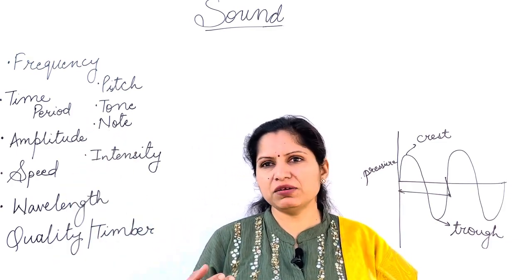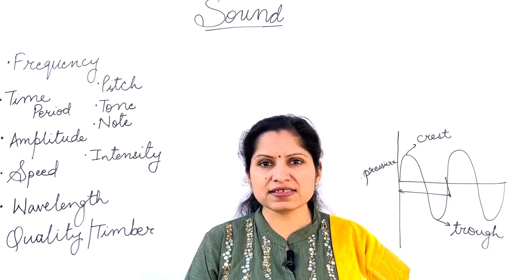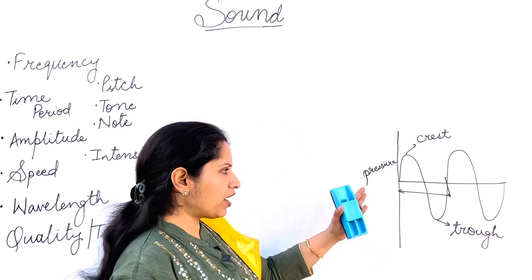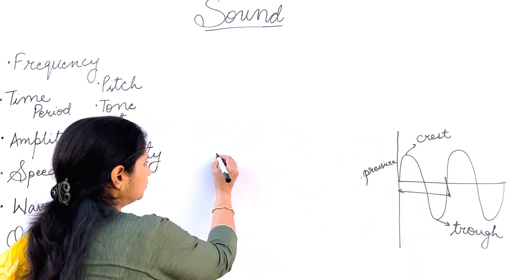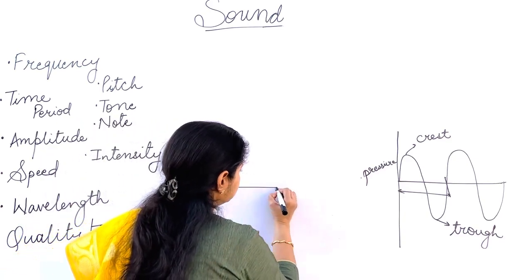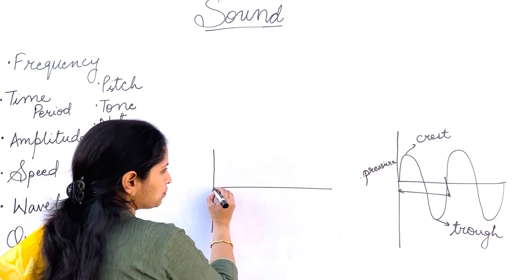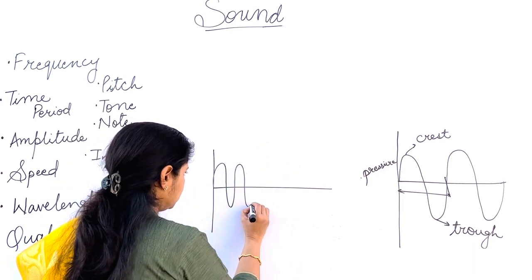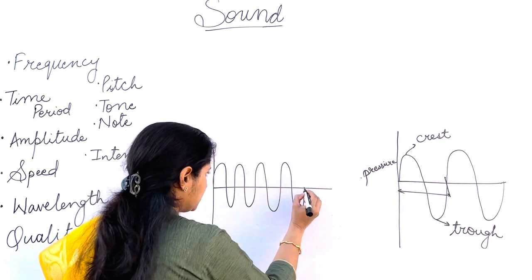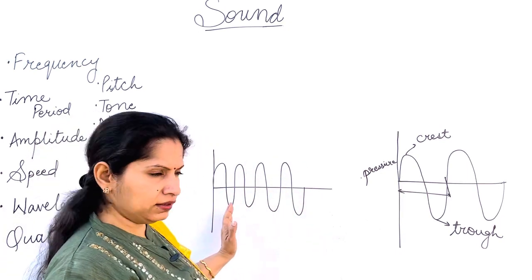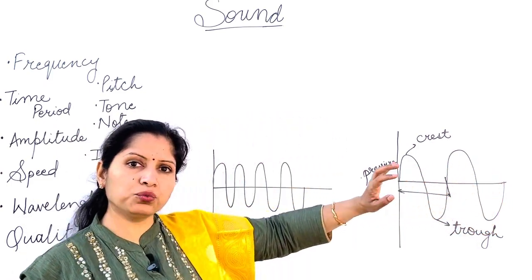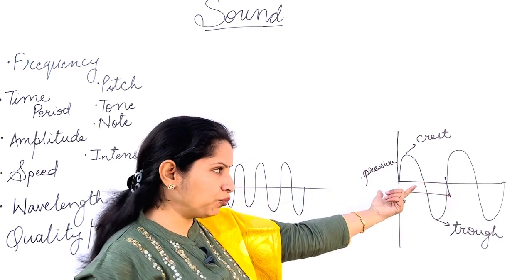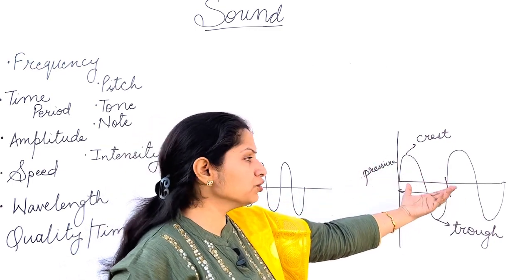You must have heard that females have a high pitch, male voices a low pitch sound. So this pitch defines the frequency. If I talk about two waves, I'll just draw one more here. Okay, so suppose this is also in 1 second, and these number of waves are also there in 1 second only. So in 1 second, how many waves were there in that figure? That was just having two waves.